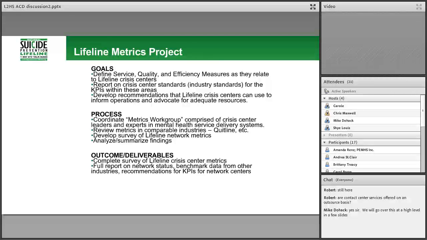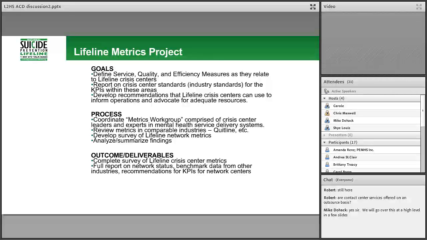We'll talk about quality measures and the call handling process. We're also going to talk about measures for efficiency, like contact handling measures and resource utilization measures, to help you get some idea of what is most useful when taking these measurements and what other centers are doing around these metrics, target goals and that type of thing.